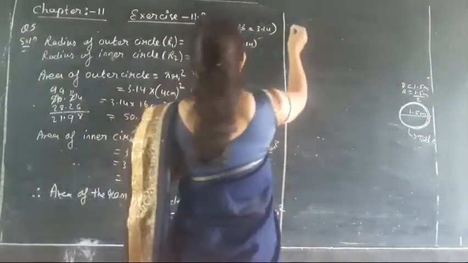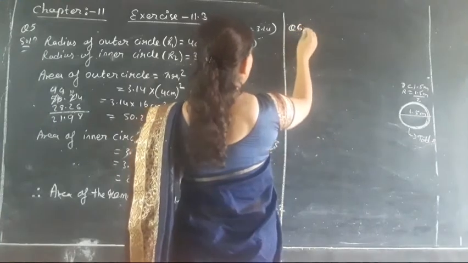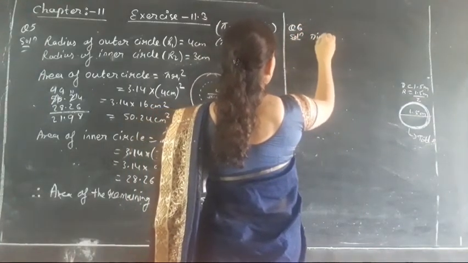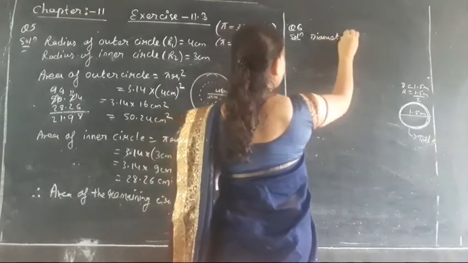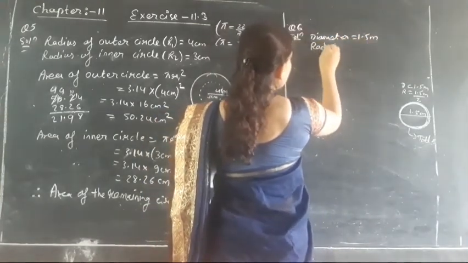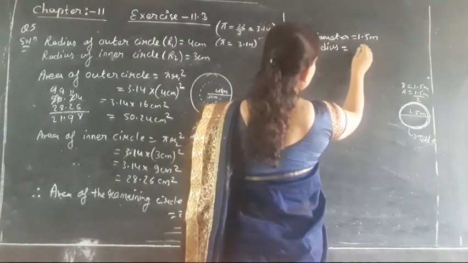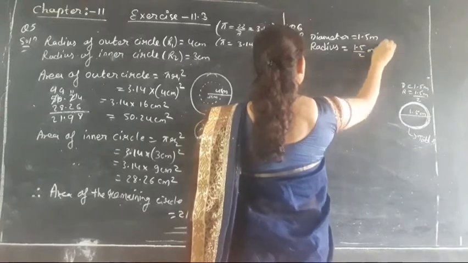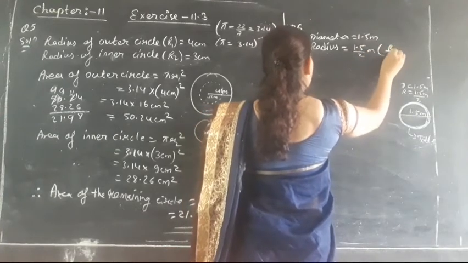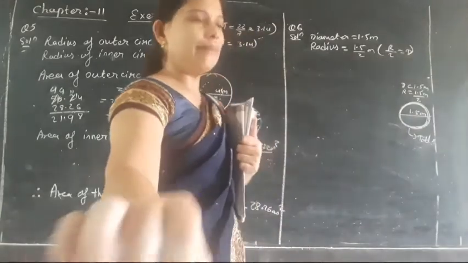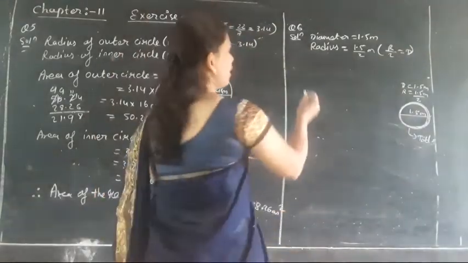Okay. So question number 6. As in question number 6, how much is the diameter given? Diameter, I have already told you, is given as 1.5 meter. Now radius is given as 1.5 meter. The diameter will be divided by 2, as r is d by 2. Clear to everyone up to here? Now look how to do.